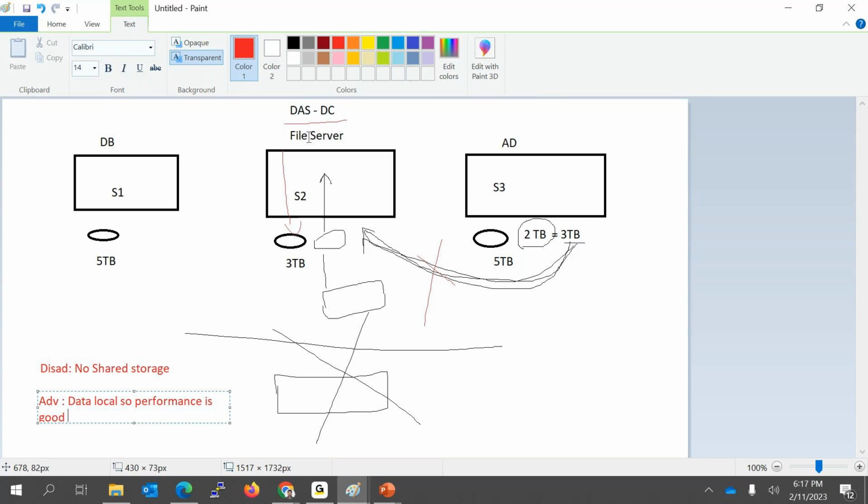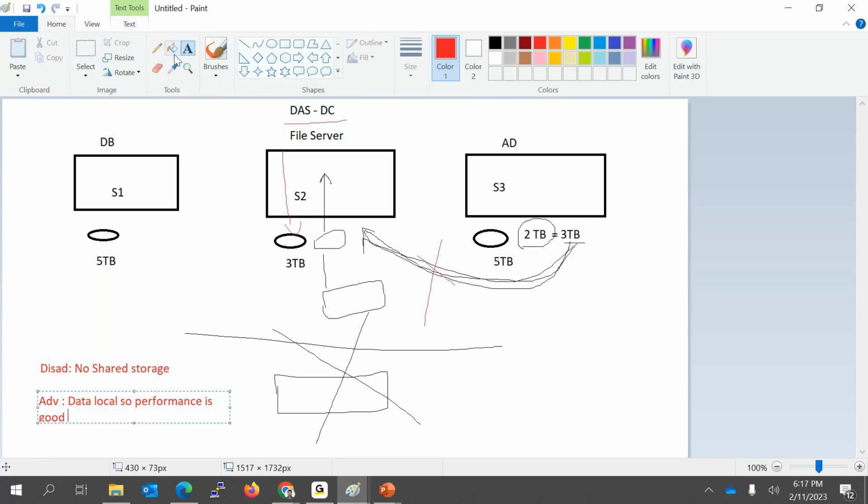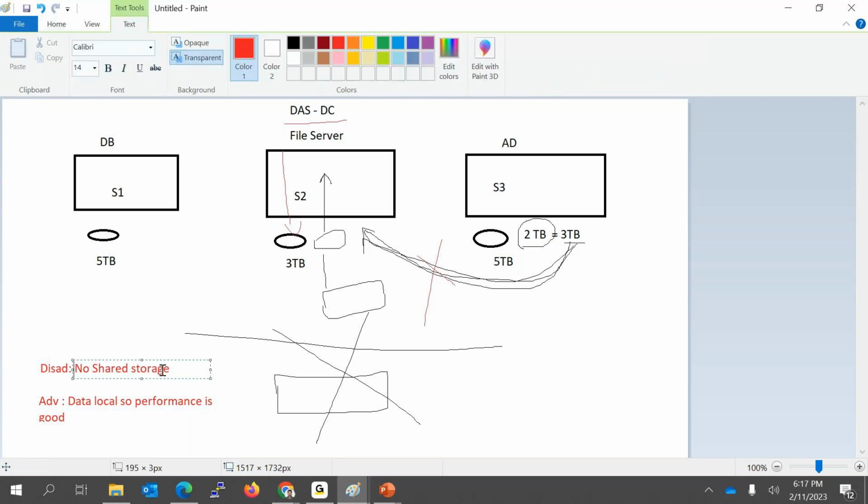Okay, so now the customer is asking the same question. Do you have any solution where I get shared storage, because I cannot leave my data center like this. See, performance is not my concern. I am okay with decent performance, I don't need extraordinary performance. But I have already invested a lot of money in the storage side. If I don't have shared storage, then I don't see any benefit of running this business. So the question is: do you have any solution for addressing this problem? This is where the second technology comes.